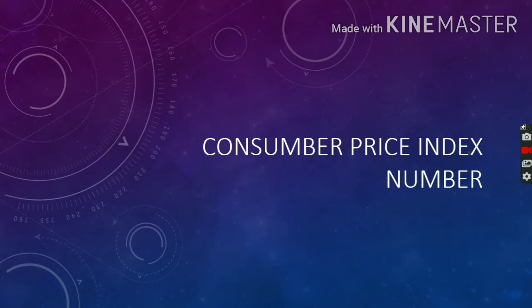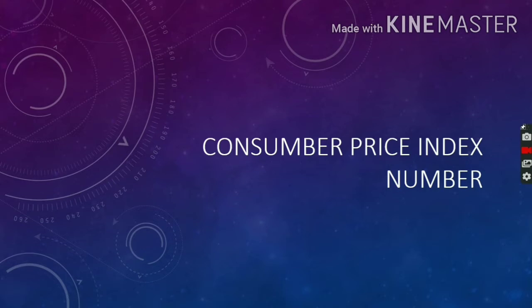Since the consumption pattern of two different classes of people differs in character from time to time and place to place, separate consumer price index numbers have to be constructed, because the purchasing power may differ from middle class to high class people. So the cost of living index number should not be interpreted as the measure of standard of living, but it is one of the criteria to measure the standard of living of a particular class of people in a given period of time.